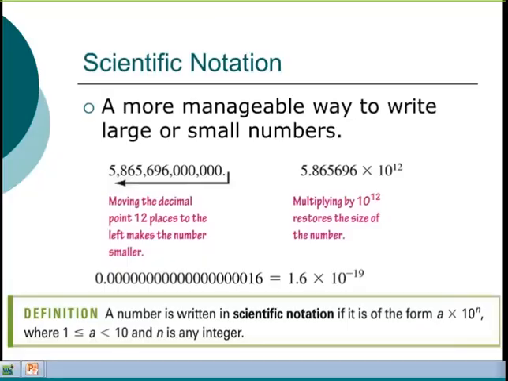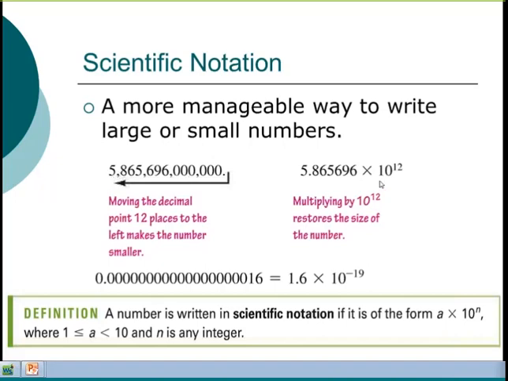Okay, so continuing section 6.5, we're going to take a look at scientific notation here. What it's all about is dealing with large or small numbers in a more manageable way. And what we're doing here is we're taking a look at this number right here, which has lots of places, and we're going to move it so that it's just 5 point, the rest of the number, times 10 to